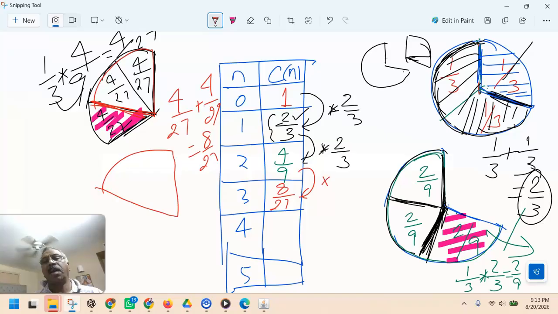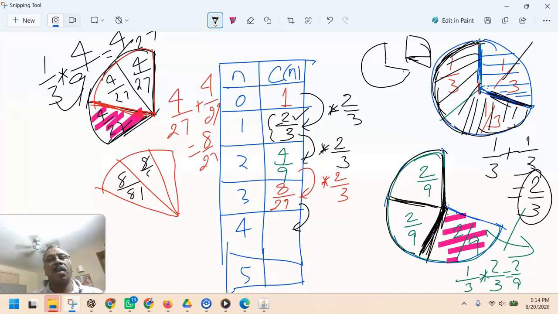You can just multiply by two-thirds. So algebraically, each time you just do the two-thirds of. And again, if I try to break this, that becomes 27. So this will be 8 over 81, 8 over 81, 8 over 81. So this one is gone, and you get 16. So this becomes 16 over 81